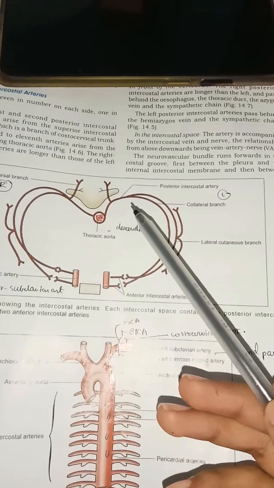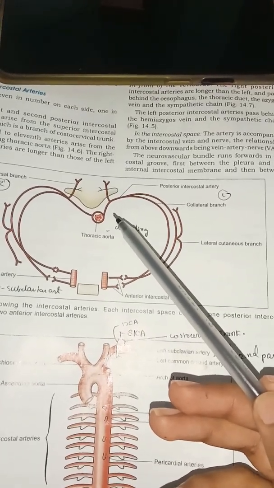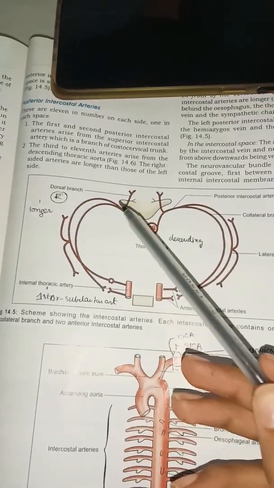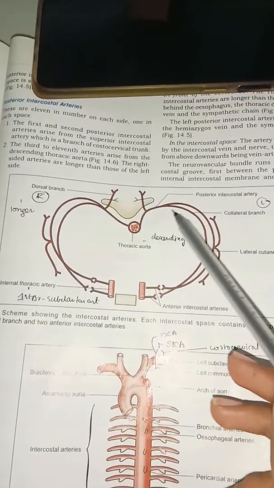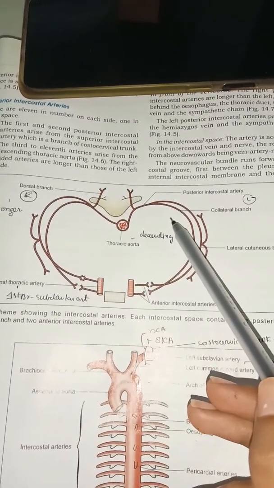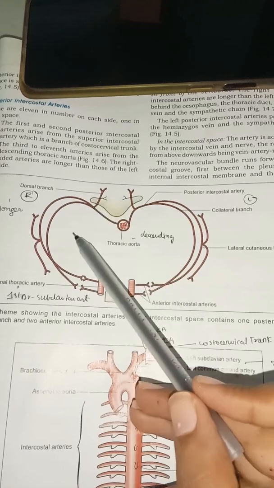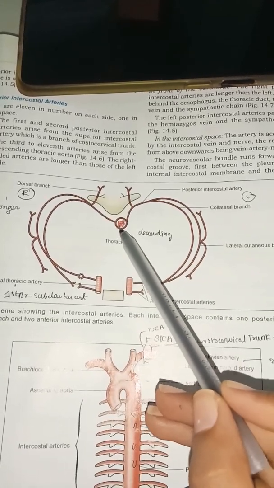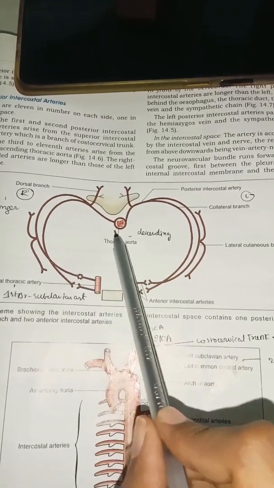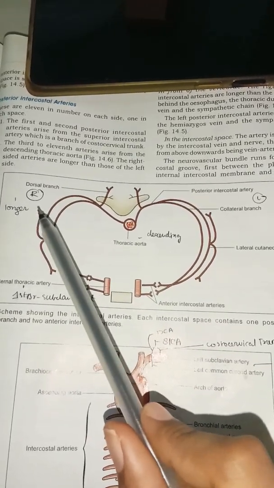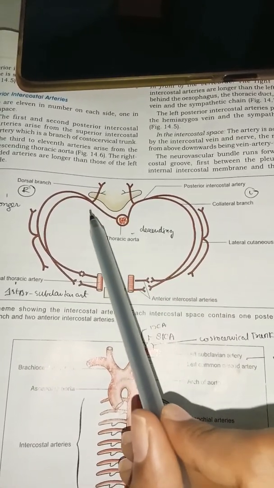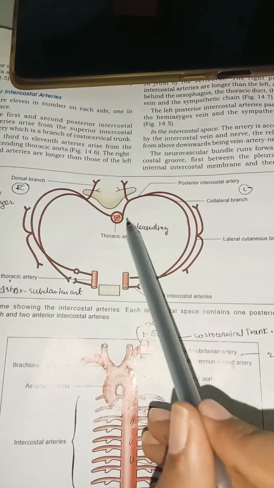From spaces 3 to 11, all the arteries arise from the descending thoracic aorta. You can see the right-side arteries are longer when compared with the left side, because the thoracic aorta is situated on the left side, so the right-side arteries must travel a longer distance to come to the anterior side. Also, in front of the vertebra,